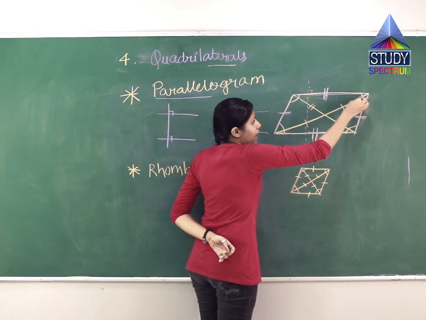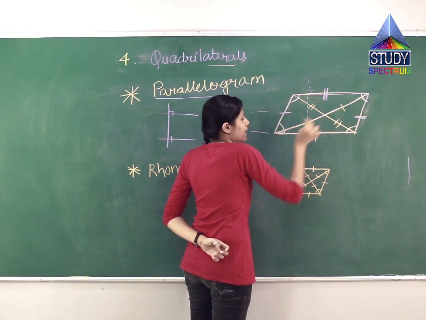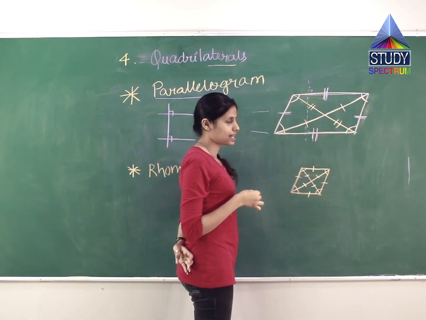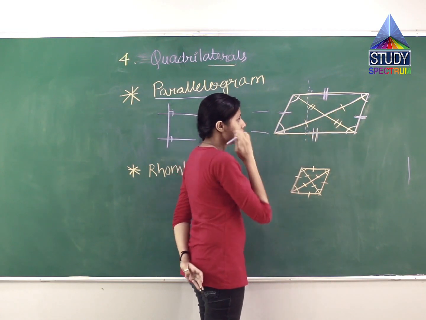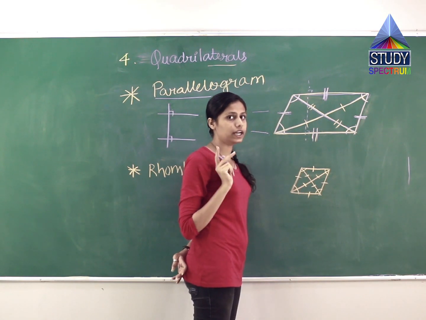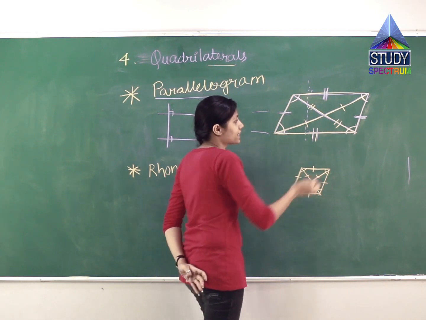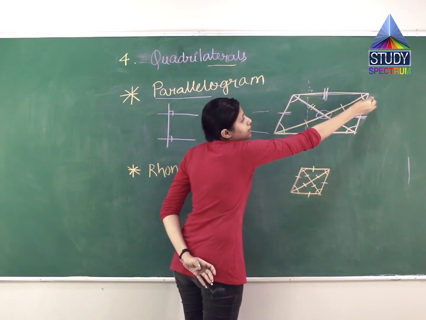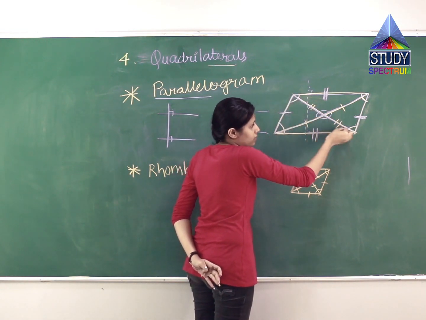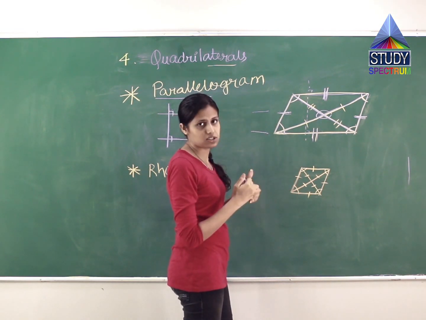The other property is that there is a diagonal. What is a diagonal? A diagonal is basically connecting two opposite ends of a quadrilateral. See over here, there are two diagonals. Quadrilaterals always have only two diagonals which bisect each other. What is the meaning of bisecting? Bisecting means, over here, see, it cuts. This diagonal is cut by this diagonal. So both intersect each other and they both cut each other.